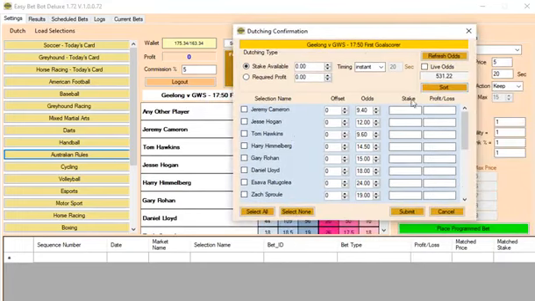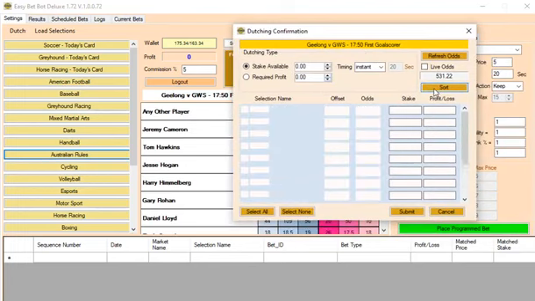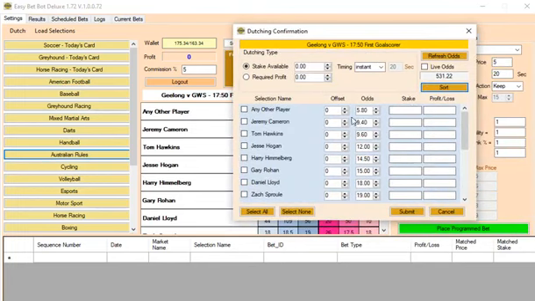So what we can do here is we can sort, as you can see here, we can sort to bring the shortest price player up there, and we know what we're going to be doing. So we can say we want Jeremy, Tom Hawkins, Jesse Hogan, Harry, and we don't want any other. So we just say maybe we want those 4, and we want to stake $10 or £10. Let's use pounds. We want to stake £10 on them. So there you see now we can see how much we need to put on each. How much we're going to spend. We know we're going to spend £10, and all we need to do, if we're happy with these, is click